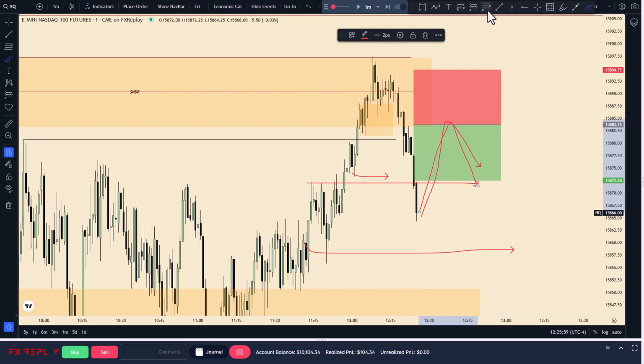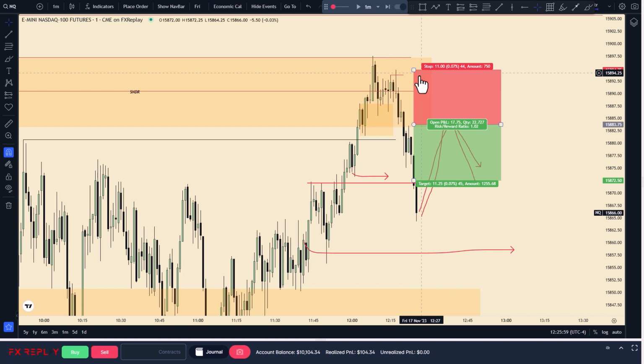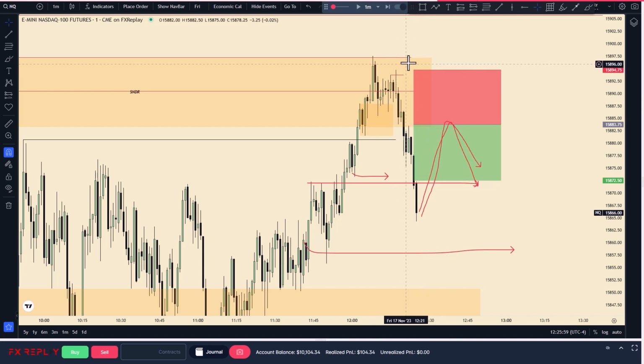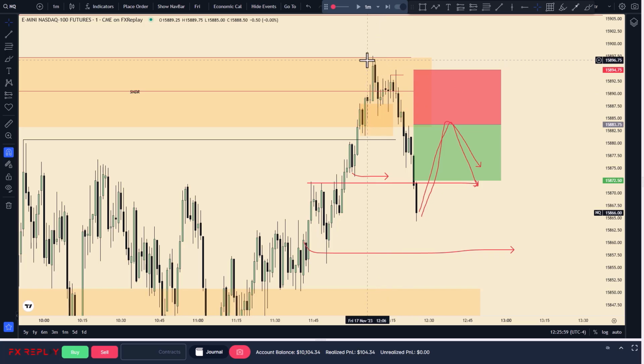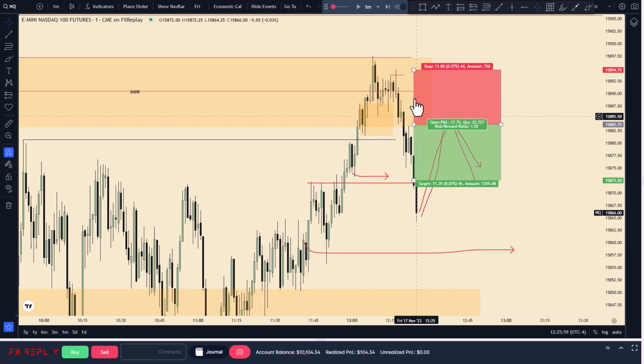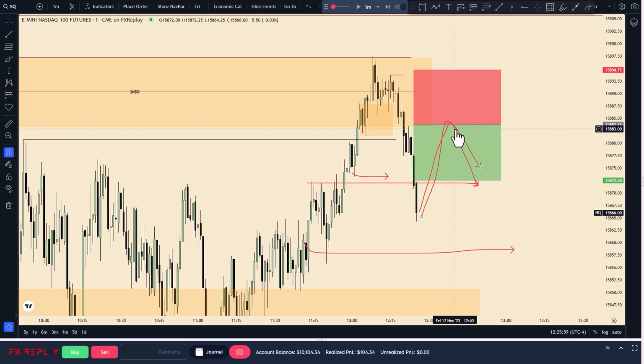The stop loss is here because we swept this high right here. There is no reason for price to come back all the way to here, sweep it one more time, and then trade to the downside. One reason for that is that there's nothing here. There's nothing above this high to be mitigated, at least not in this time frame. So moving all the way to here and then reversing, it's not logical at all. Even though price can do this, again, 9 out of 10 times it won't, and it will continue to